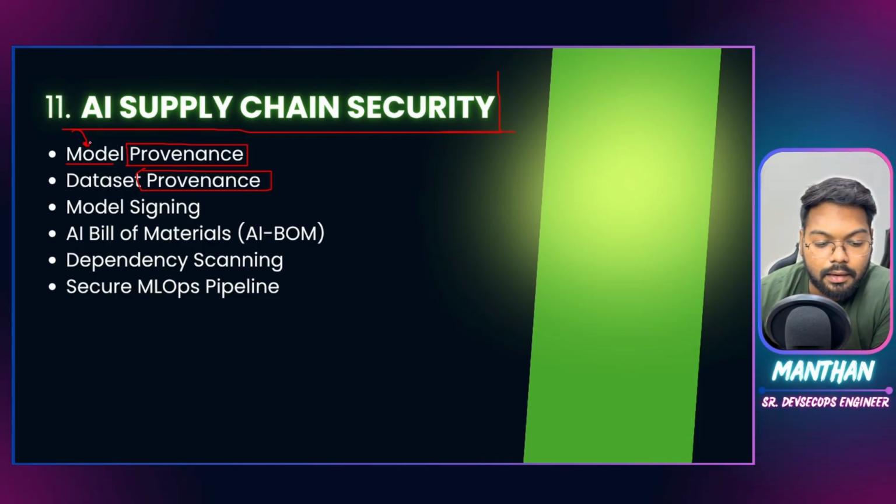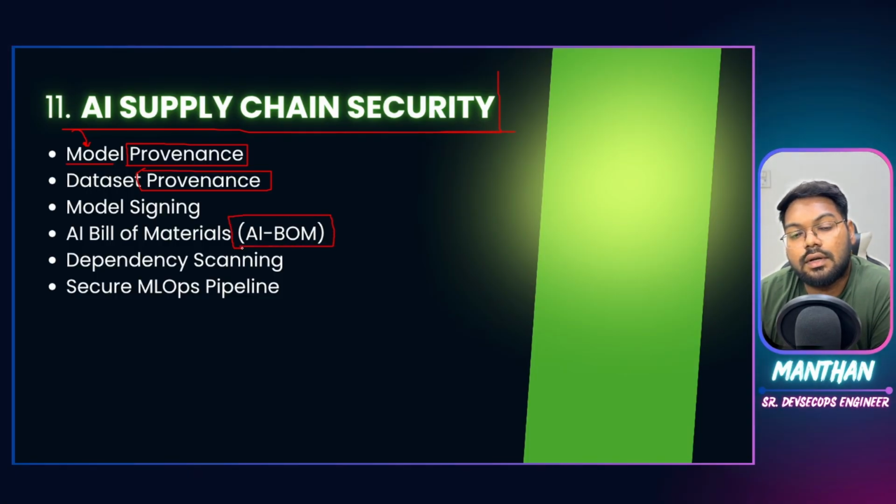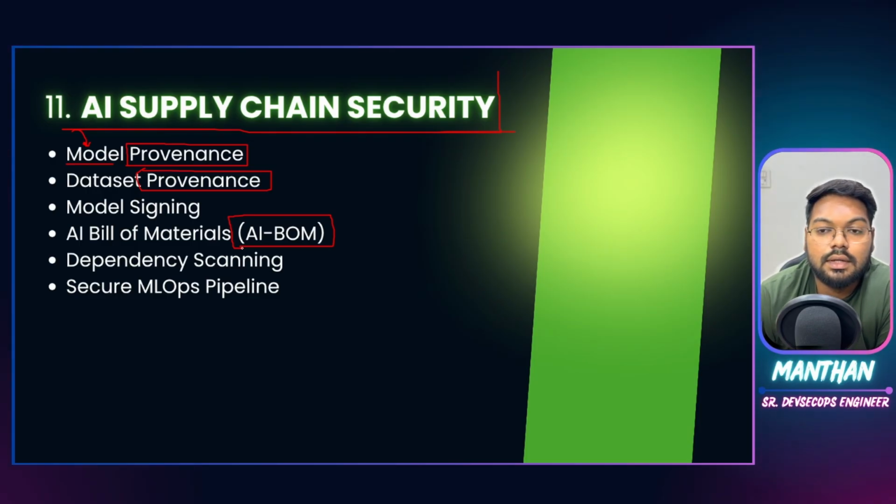So that's one. Then AI bill of materials: just as there is the SBOM, the software bill of materials, there is an AI bill of materials, which contains everything about what your AI consists of, what the different third-party libraries are, what the licenses are, who the supplier is, and who the owner is of the things that you have used in your AI models.